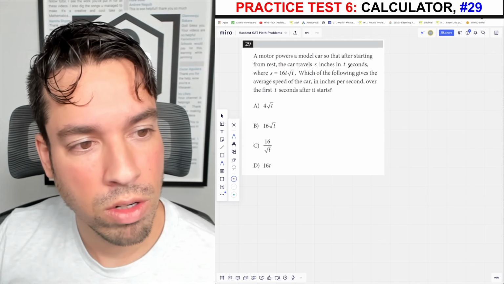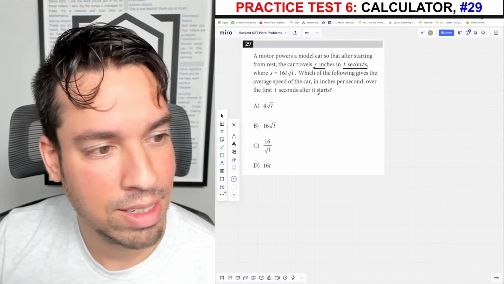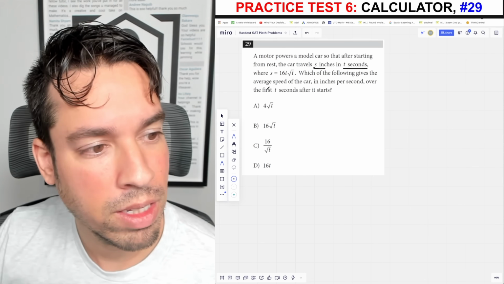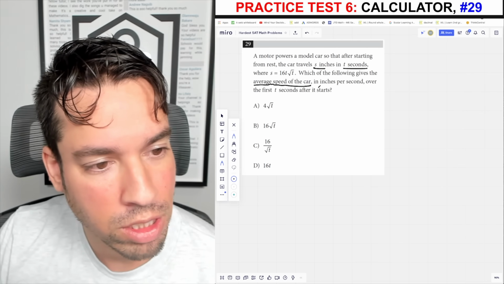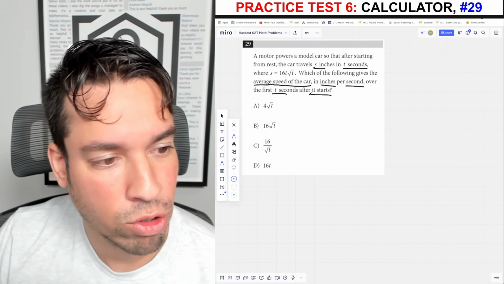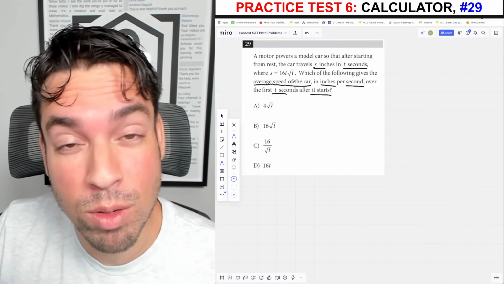A motor powers a model car so that after starting from rest, the car travels S inches in t seconds, where S equals 16t times the square root of t. Which of the following gives the average speed of the car in inches per second over the first t seconds after it starts? Okay, so a problem like this is super intimidating in my opinion when you first look at